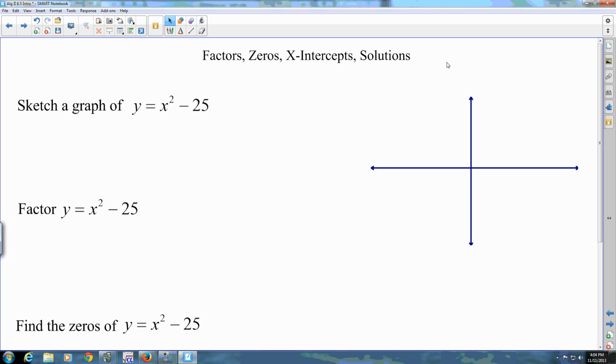Alright, you guys, this is going to be section 6.5 for Algebra 2, but it's the third part of this section. First thing, I want you guys to sketch a graph of this. Well, it's the same graph as this